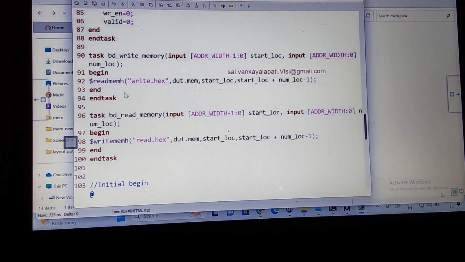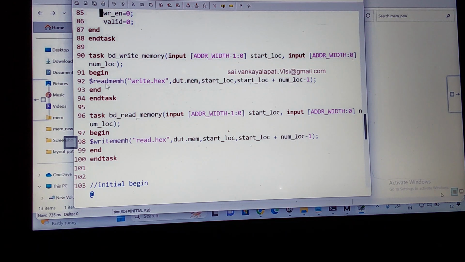You understand? $readmemh is nothing but, if your image file or any file contains hexadecimal values, it is going to read. There are 4 arguments. The first argument is which file I want to read, that is the file name. .exe is nothing but hexadecimal form. Here we can give .h also. .h indicates a hexadecimal image file. Suppose I am using readmemb, that is binary, and the extension to that is .b.